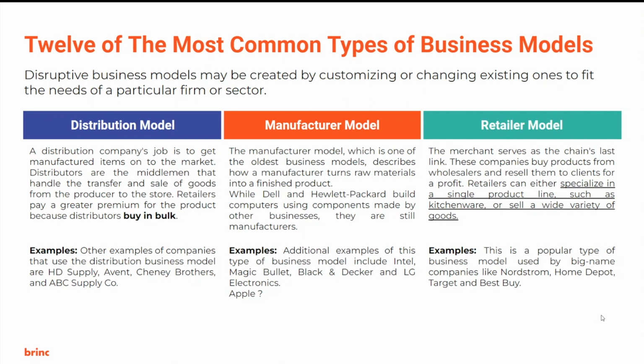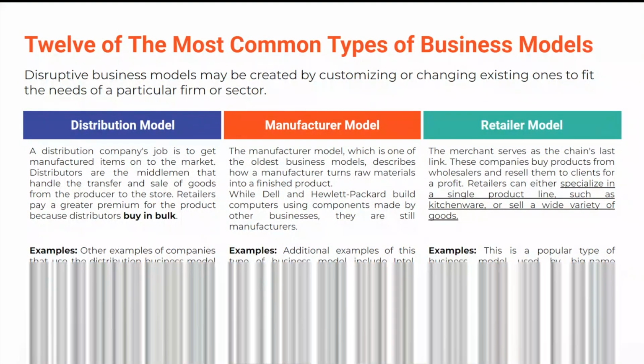So that's the distribution model. What happens is that they buy in bulk, they buy 100,000, a million pieces, okay, and they go and distribute it within the market. Of course there must be a profit margin, there must be a net profit percentage. So what do they call this? Capital gains. When you buy for a low price and sell it for a higher price, that's called capital gains.